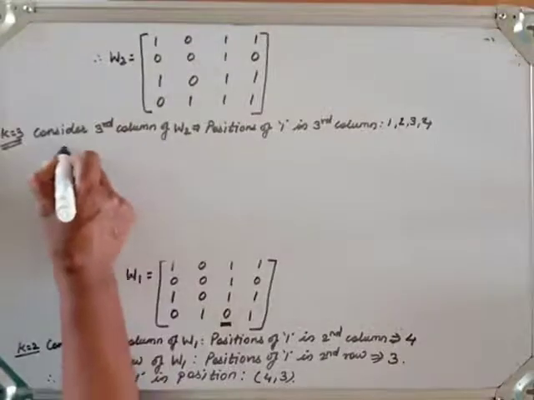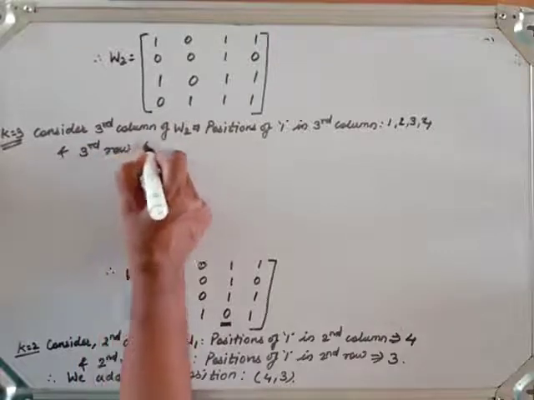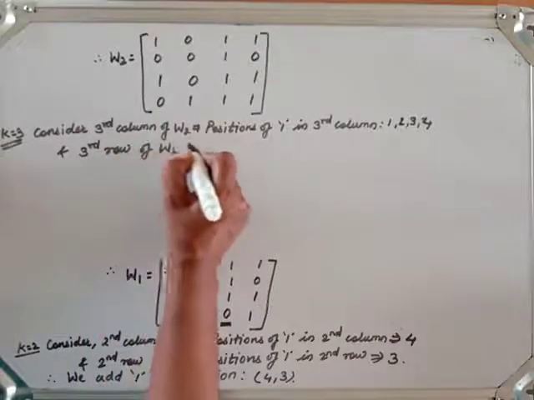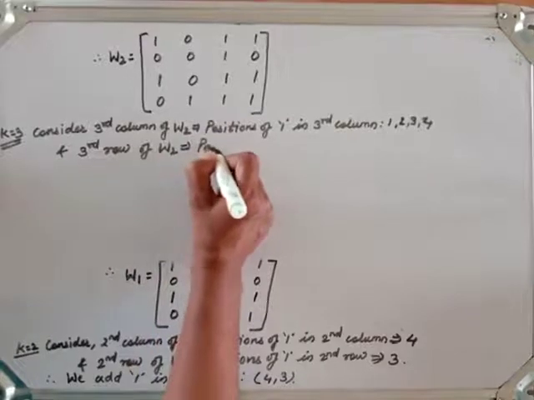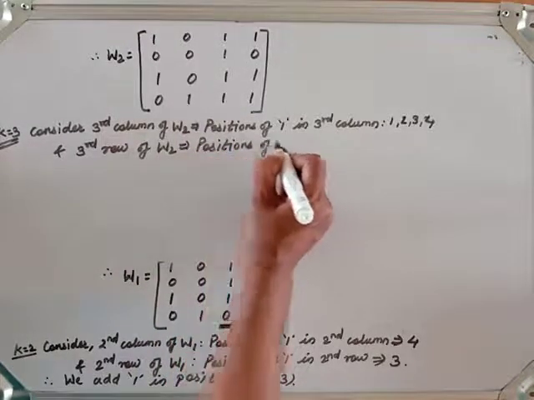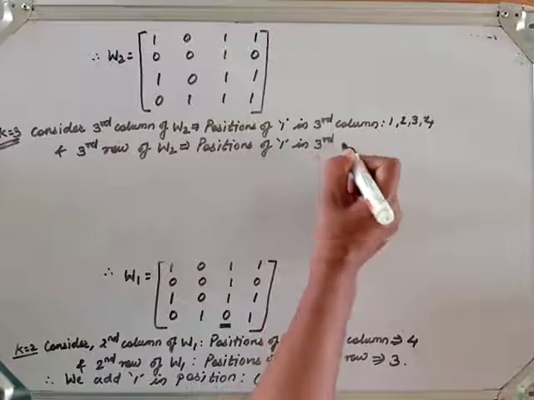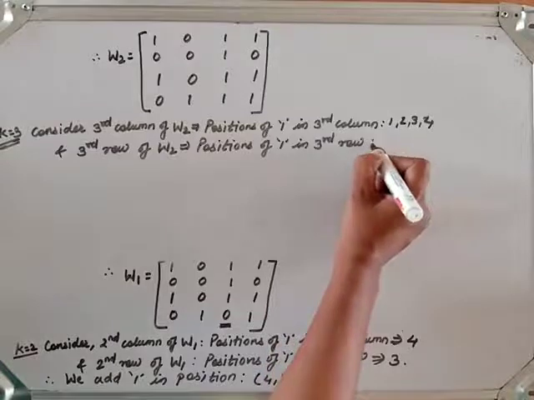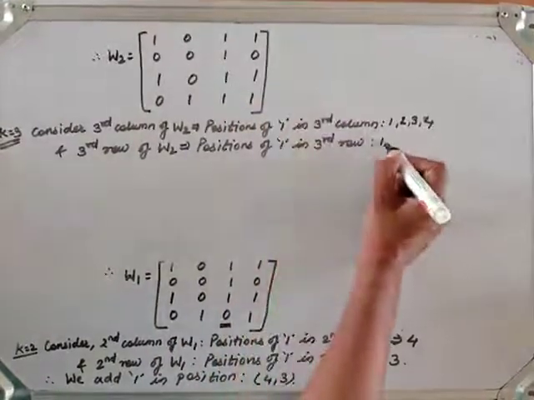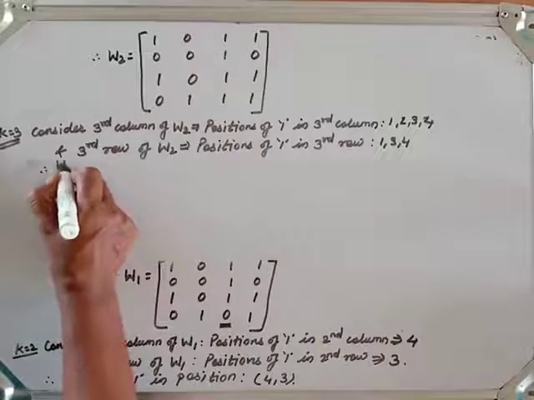Now the third row of W2: positions of 1 in the third row are 1, 3 and 4. Therefore we add